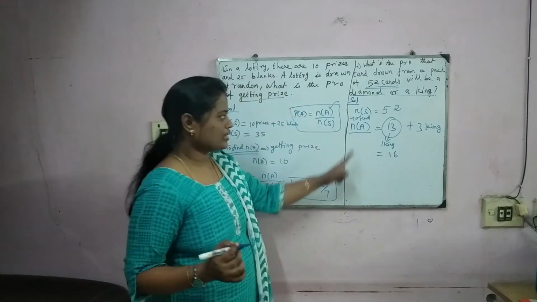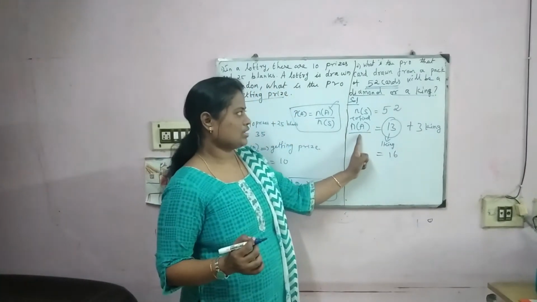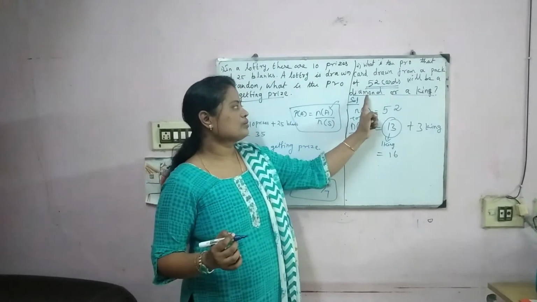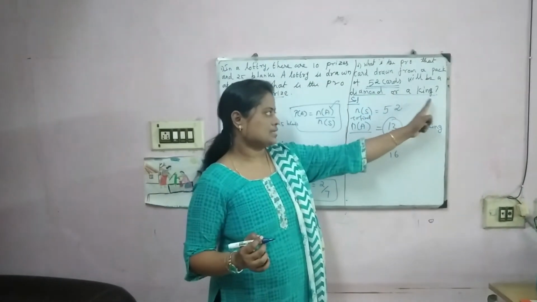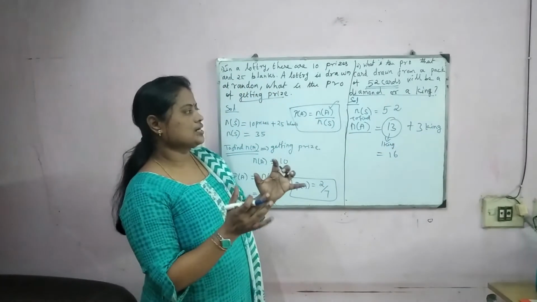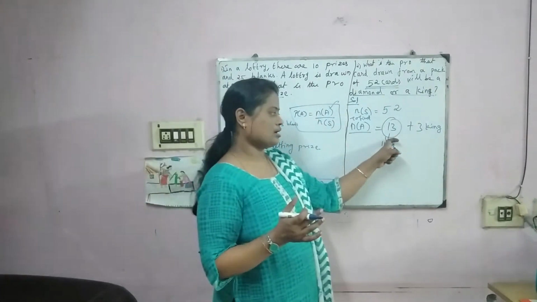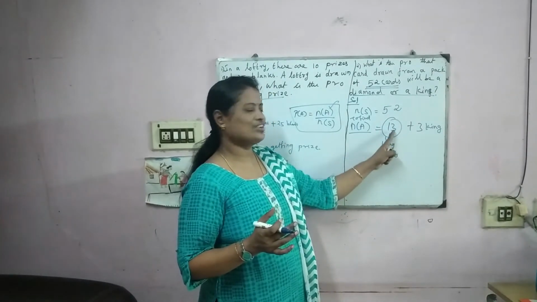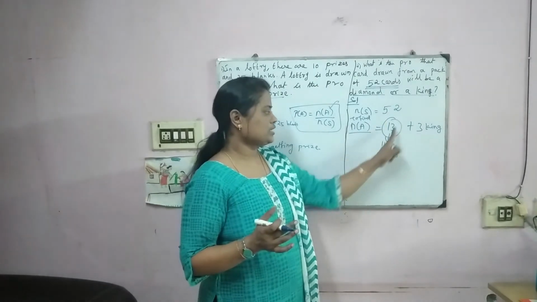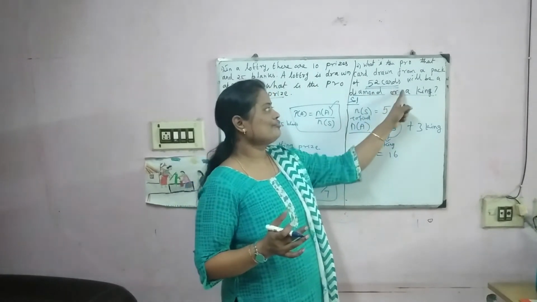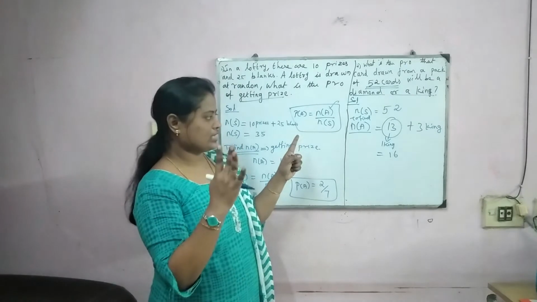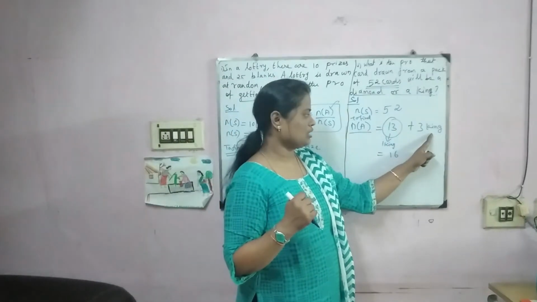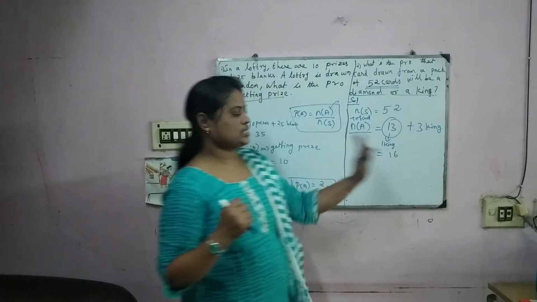Once again, what is N of A? N of A is nothing but the favorable number of outcomes. The favorable outcome they have given is a diamond or a king. In a pack of 52 cards, generally we know 13 diamond cards are available. In those 13 diamond cards, one king is compulsorily there, so that is included in the 13. In total we have 4 kings available, one included in diamonds, so the remaining 3 kings are available. So totally 13 plus 3, 16.